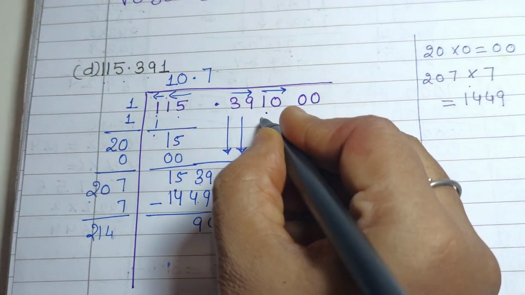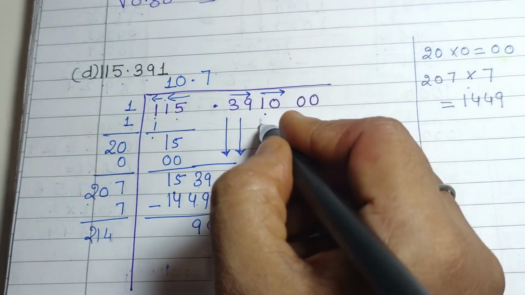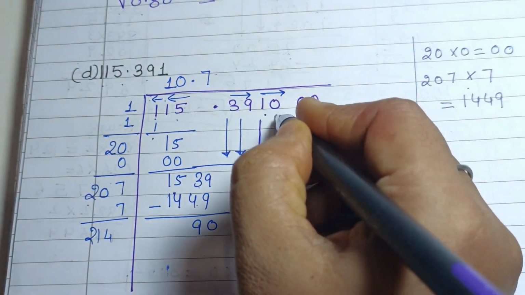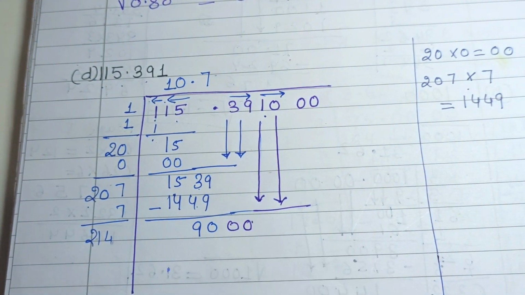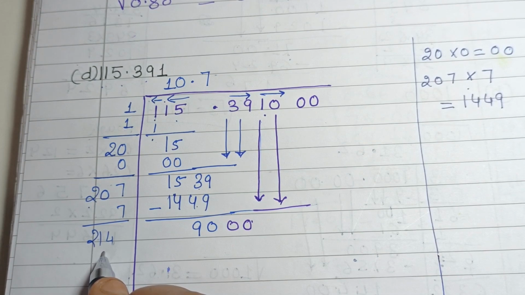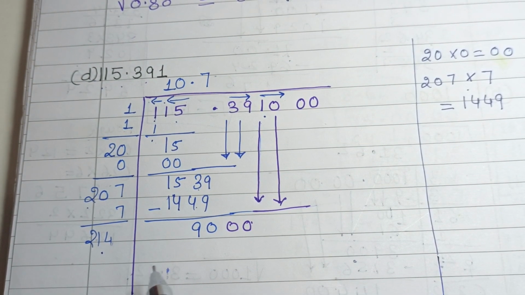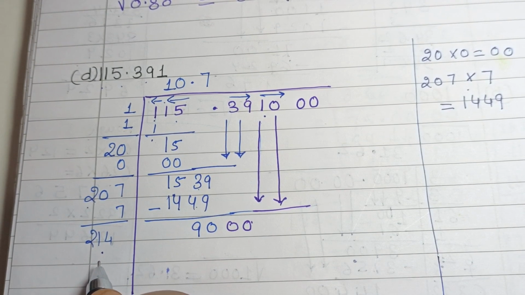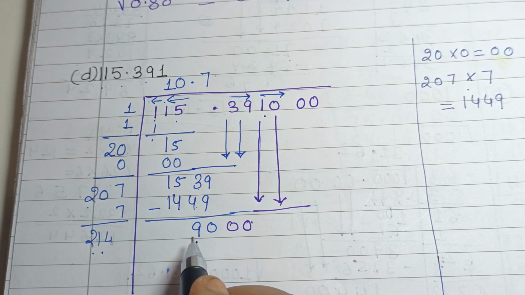Now copy down the next digit, that is 00. Next pair we have copied. Now 214 is the number. In front of this 214 I need to put any digit. So if you remember, 2 is at the higher place, 9 is here at the higher place. So if we multiply 2 by 4, it comes 8, nearby to 9.